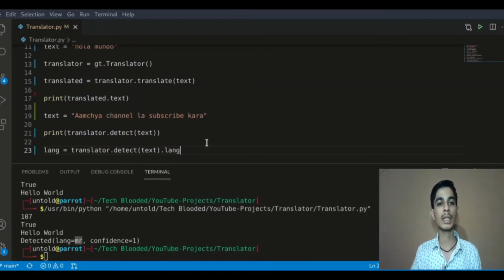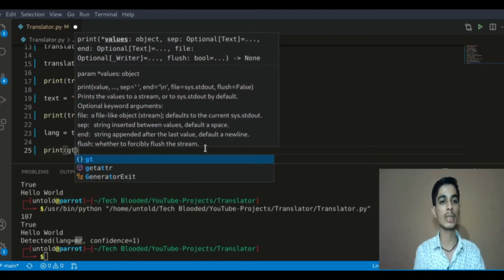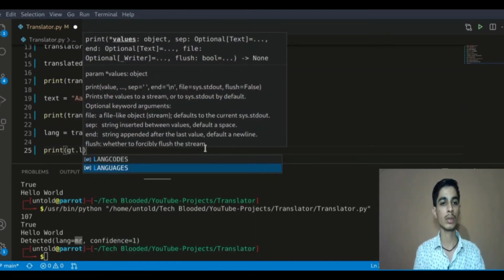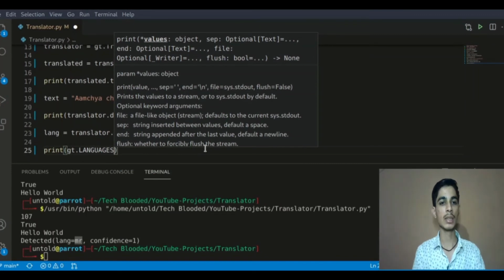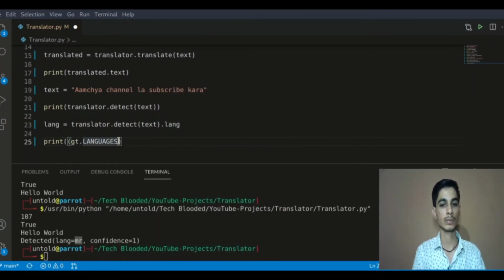You will get the text language, and to find the correct name of this language you will have to do print gt.languages, and you have to use that lang here as a key.